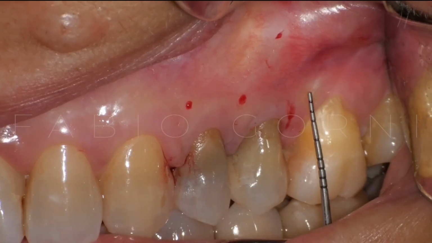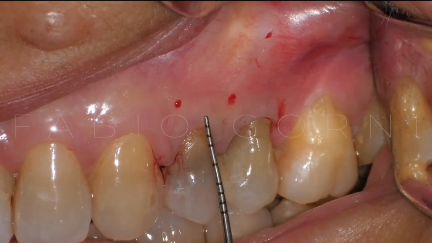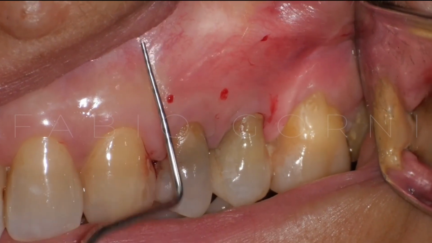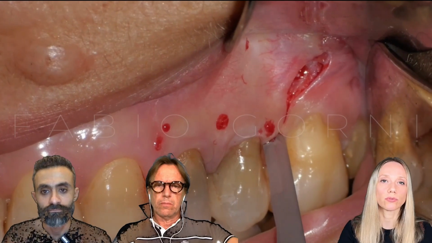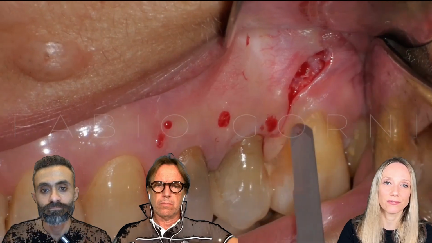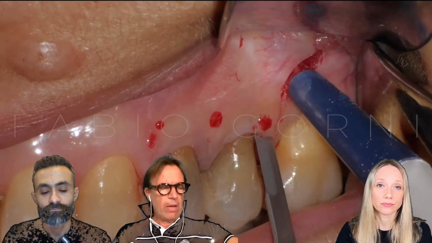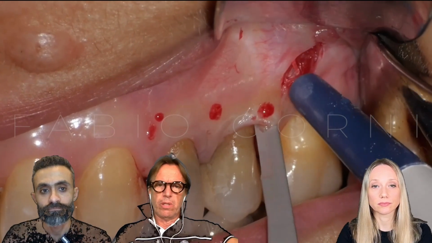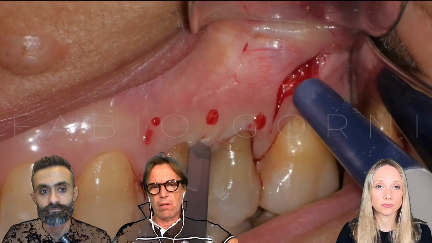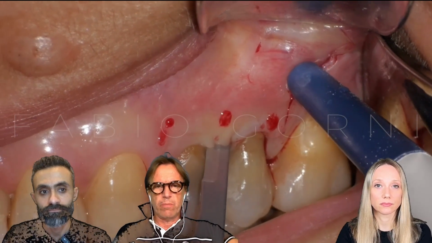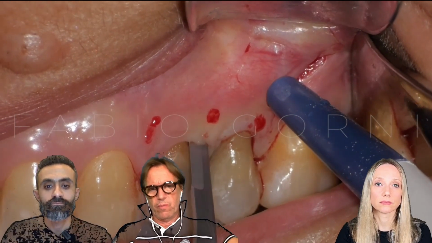So, Fabio, you spoke about incision, and we know that the design of the flap and the reflection of the flap can have an impact also on the outcome of the microsurgery. So, I would like to know from you, how do you decide the flap design and how do you perform it? So the flap design is really, really important, not only for the general success rate of the surgery, but also for the bleeding control, for example.